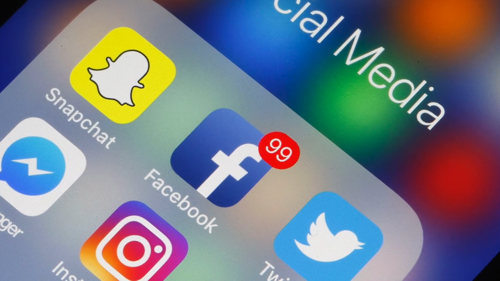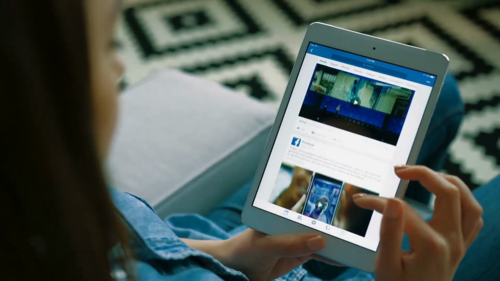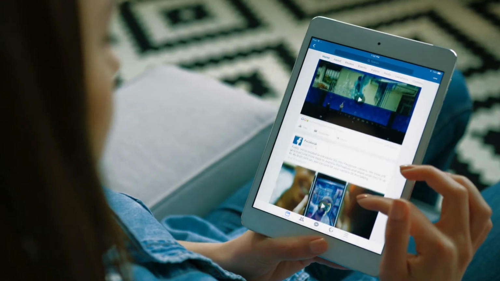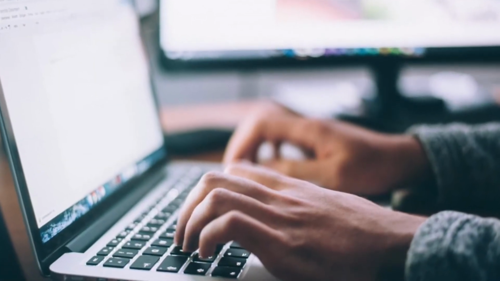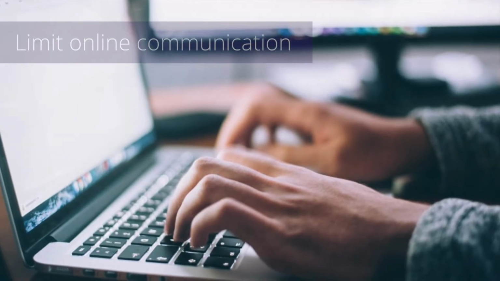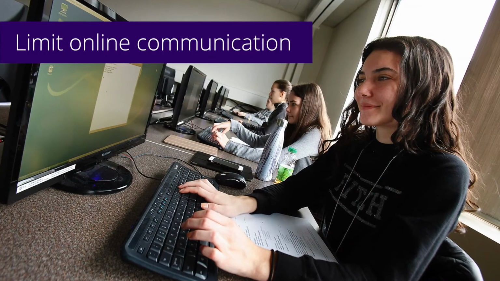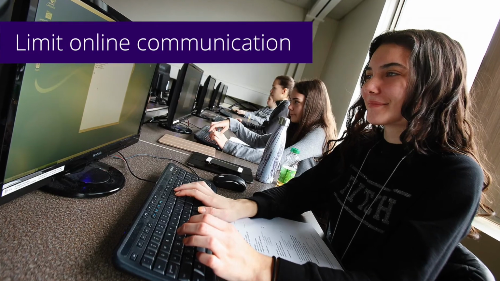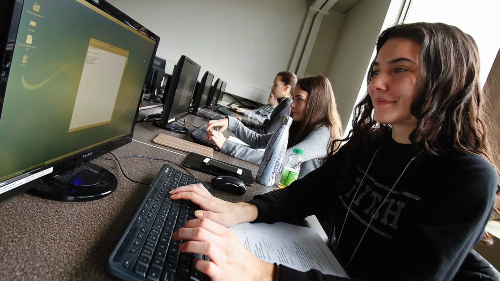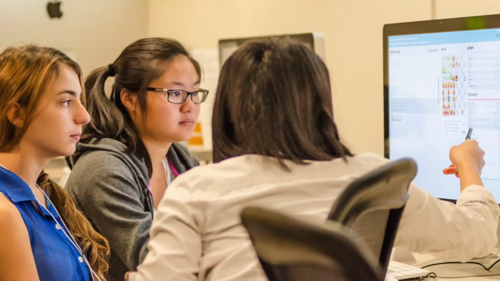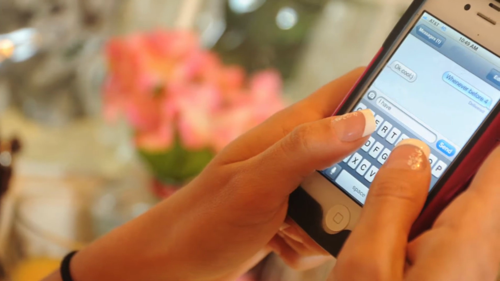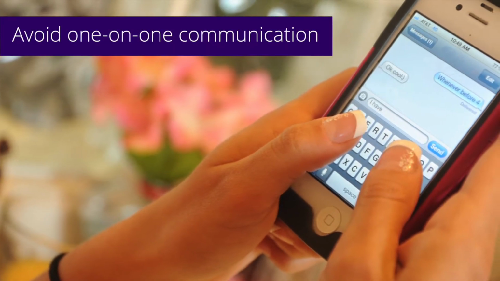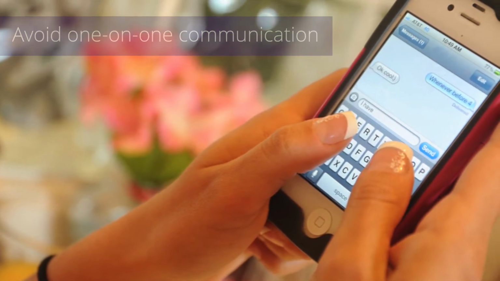Unfortunately, private, unmonitored communication can allow perpetrators of abuse to take advantage of youth. If online communication is allowed in your program, it should be strictly limited to topics sanctioned by your program and should not occur outside of program activities. Programs can set up official program accounts or apps that can be monitored. You should always avoid texting and any other one-on-one communication with youth.